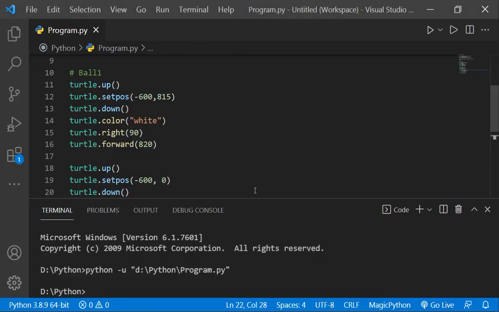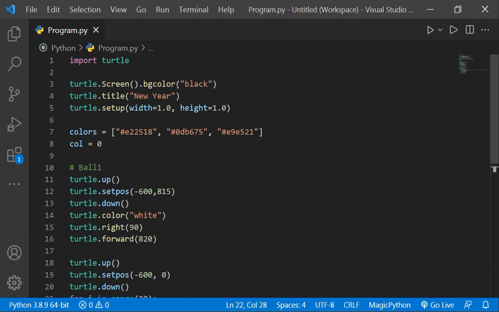It's a decoration ball. As you can see, it's taking time. We can also give the speed to our turtle so that it won't take this much time and we don't have to wait this much. I will tell you how to do that, but just see it. And yeah, here's our decoration ball.